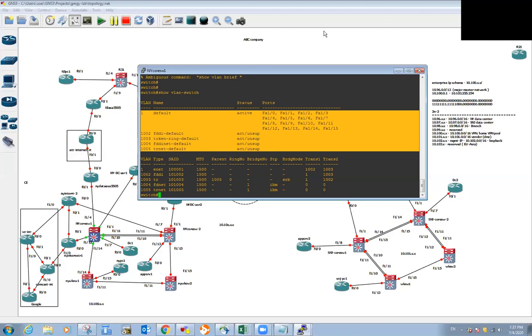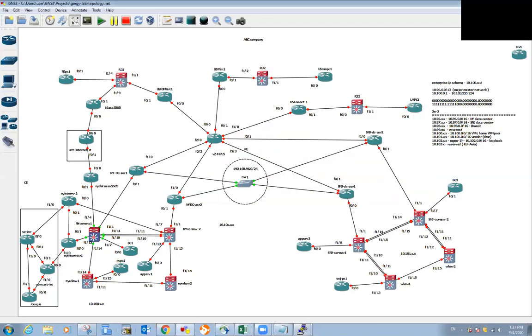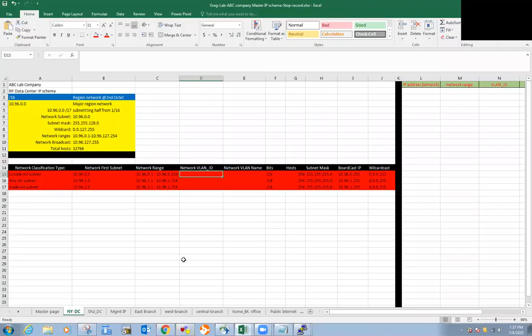So now when we come back to our database here, we have another thing. How do we assign our VLAN ID to what segment? Just for example, we don't want to use VLAN 1. 1 is the default because we cannot change anything. So say we start from VLAN 2. Okay, so VLAN 2 to VLAN 10,